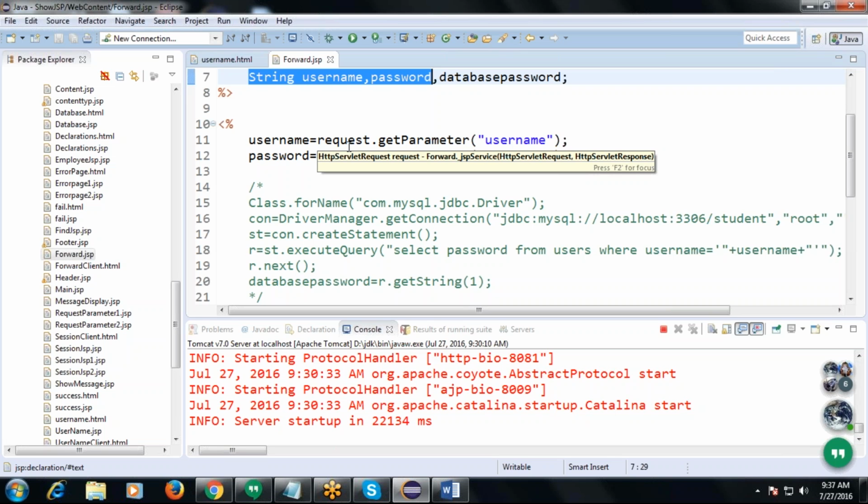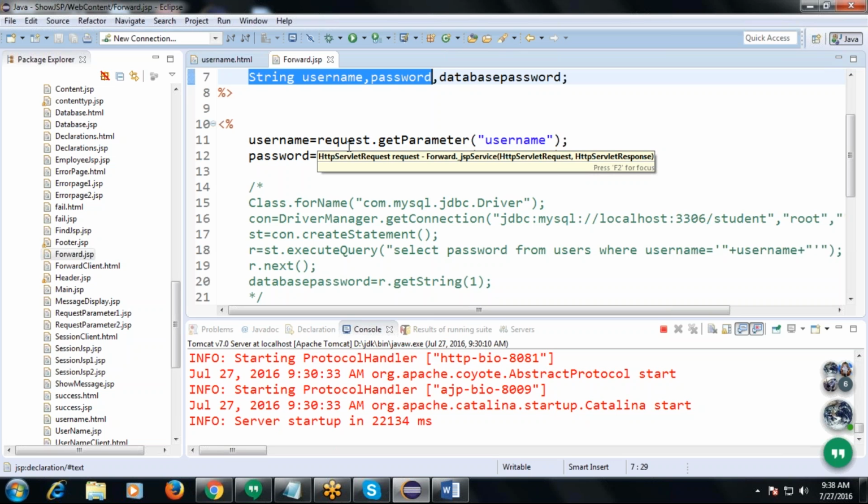The same way we can declare in JSP also. Tell me the syntax. Between the scriptlets we have to define them. There is a separate syntax. Please check.